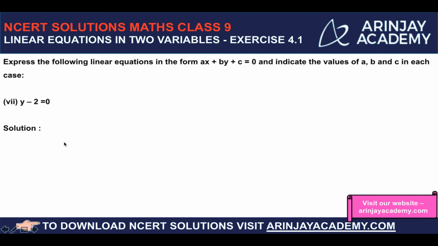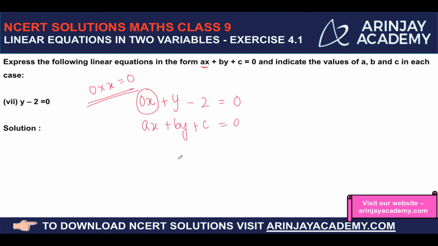Y minus 2 is equal to 0. Now again, in this particular case, we do not have the x variable which is given. But I can always write this as 0 into x plus y minus 2 is equal to 0, because the value of 0 into x is equal to 0. If I compare this with the standard form of equation, and I'll be a bit quicker here, a will be equal to 0. The value of b will be equal to the coefficient of y, which is 1 in this case, and c will be equal to